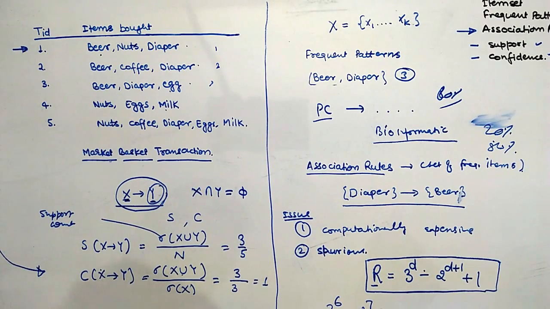Okay, so in the next lecture we will see how to mine transactional data to find the frequent item sets, how to derive the rules from those frequent item sets, and how to use the support and confidence in order to tell the different types of combinations of association rules.